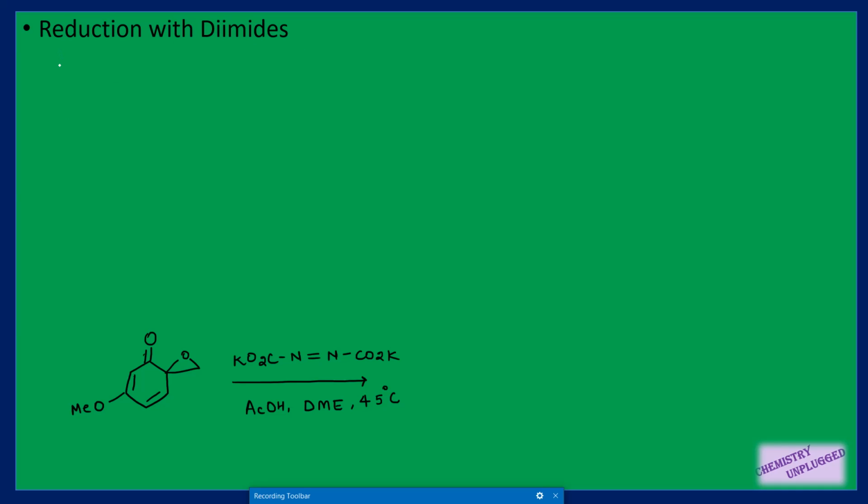So the first important point about it is that it will do reduction of only symmetrical bonds, whether it is a double bond or a triple bond. Like you have carbon double bond carbon, carbon triple bond carbon, nitrogen triple bond nitrogen, meaning these two atoms should be the same. If you have an unsymmetrical type of bond, meaning carbon double bond nitrogen, carbon double bond oxygen, nitrogen double bond oxygen, then it will not be reduced by this diimide. Right, the first important point is this one.